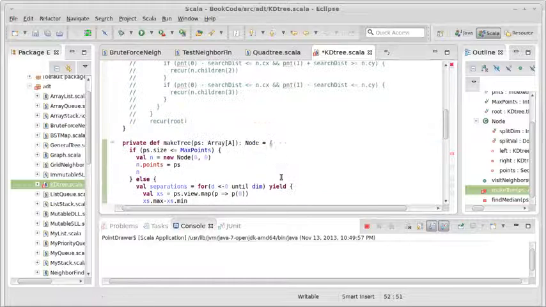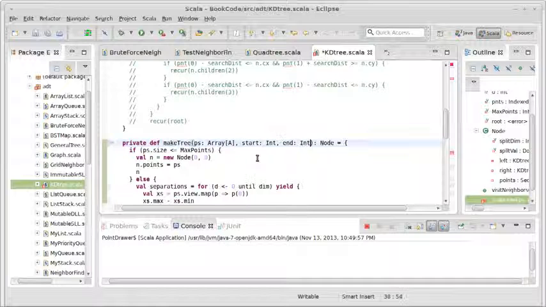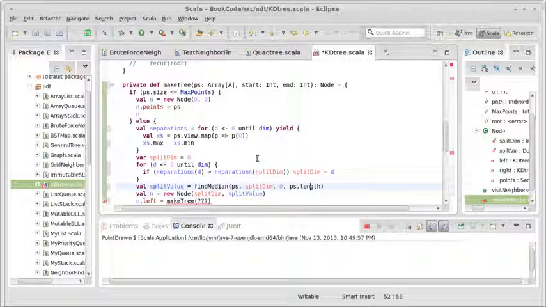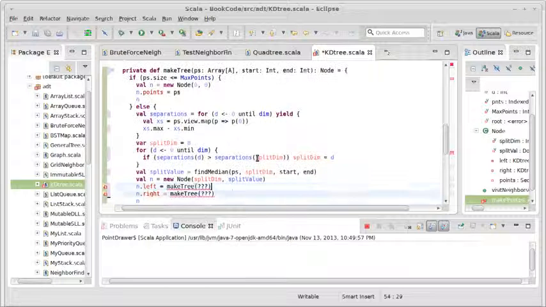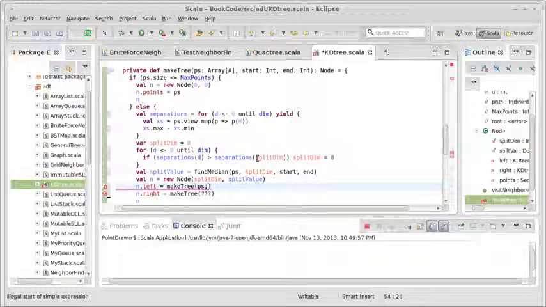And so it's actually more efficient if we go ahead and call this passing in our start and end values as well. And then when we come down here, what we pass through is not 0 and ps.length, but start and end. And when we call make tree, we can pass, here we go from start to, let's do